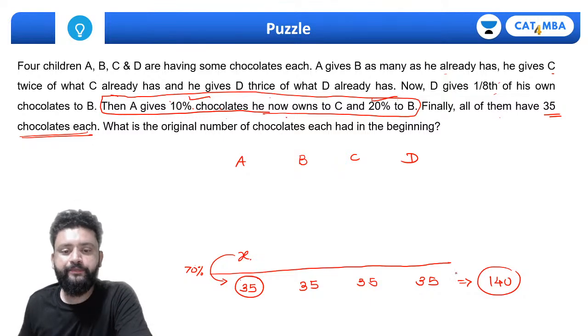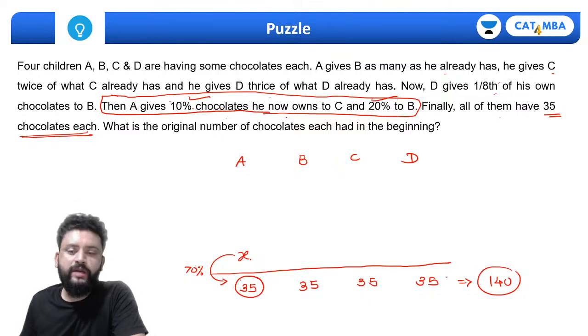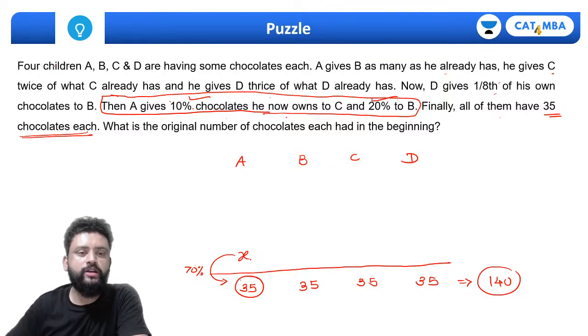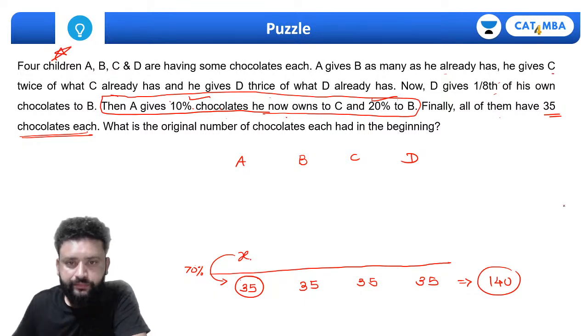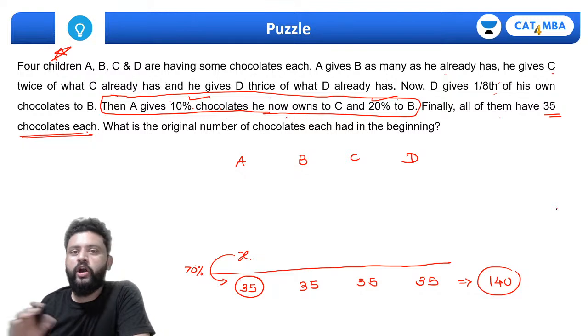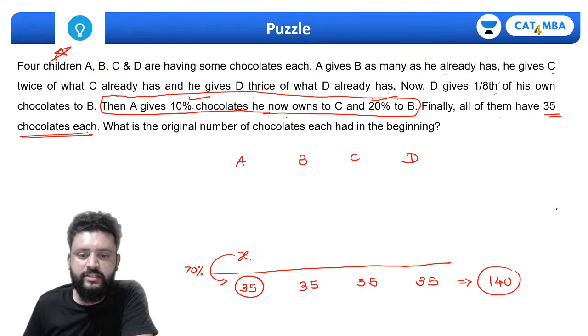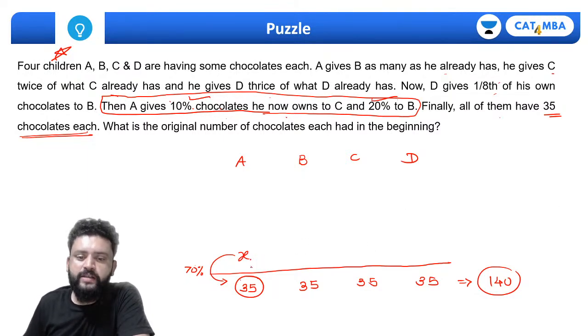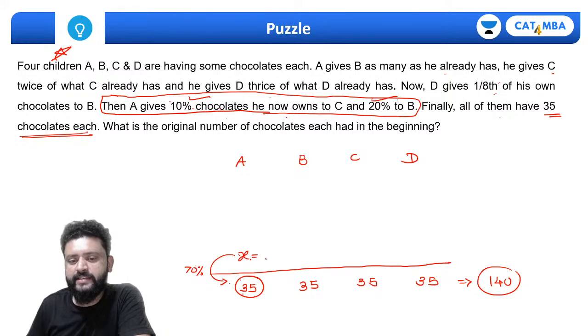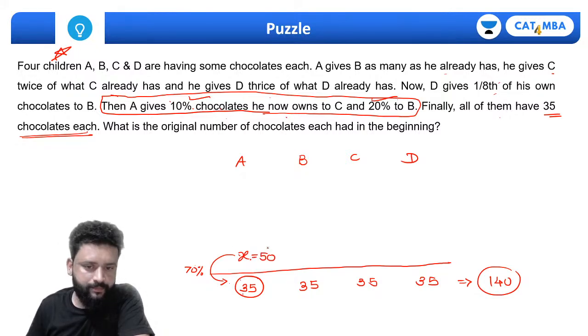बोलो जल्दी से, क्विकली। यस, दिस इज द लॉजिकल पजल, लास्ट पजल ऑफ द डे। It's not part of the quantitative ability, you can say that. It's more of logic and a bit use of percentage and fractions. That's it. Okay, so 70% of x is 35. That simply means x कितना होना चाहिए, 50.